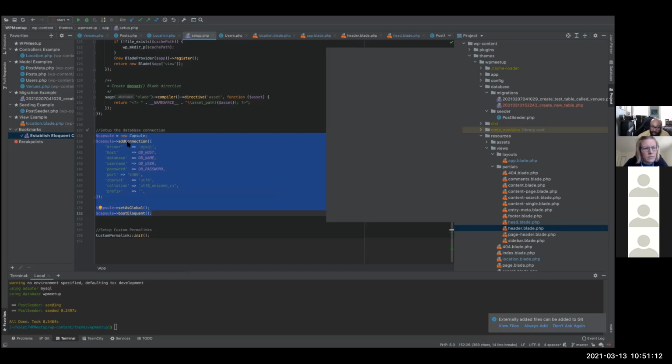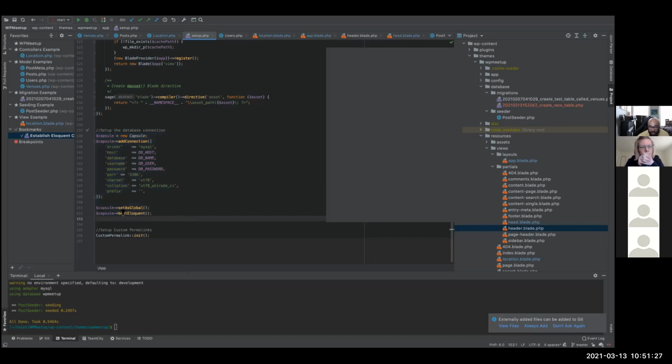You say, hey, I want to add a connection. You can add multiple connections. It's going to be MySQL. Since in your wp-config file there are constants like DB host, name, user, password, you just pass all that in there and then call these methods, set as global and boot Eloquent, and then you're good. You can create all of the models that you want afterwards, and you'll automatically have your connection to the database, and you can manipulate it as you see fit.